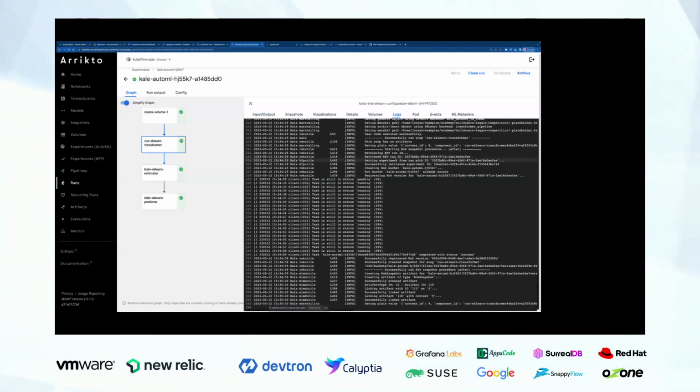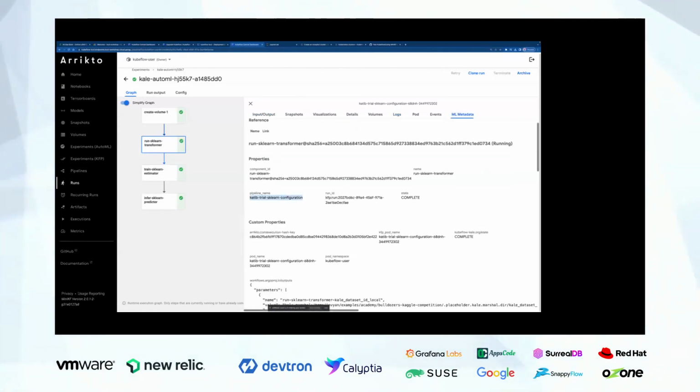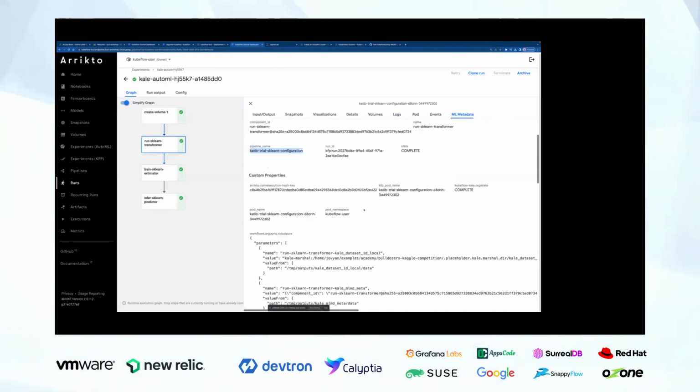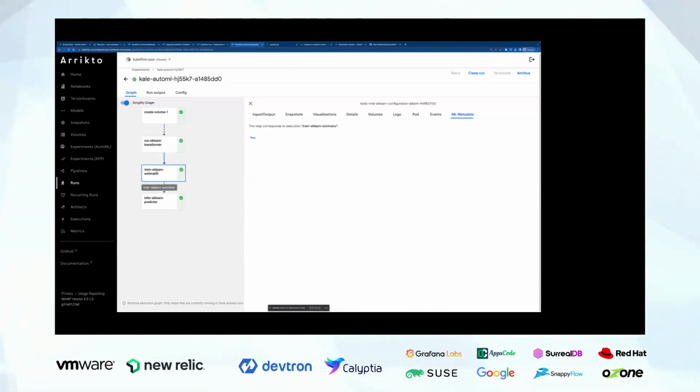So if you want to go into detail and see what it actually ran, what kind of outputs it generated, and the ML metadata, right? For example, this pipeline name was this, and this is complete, and this should be okay, estimator.